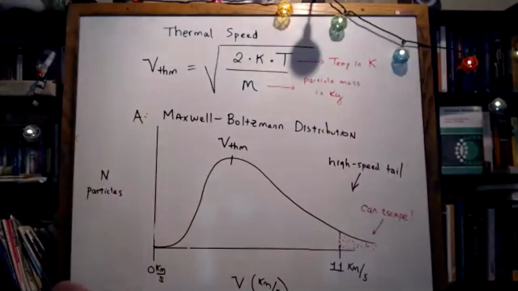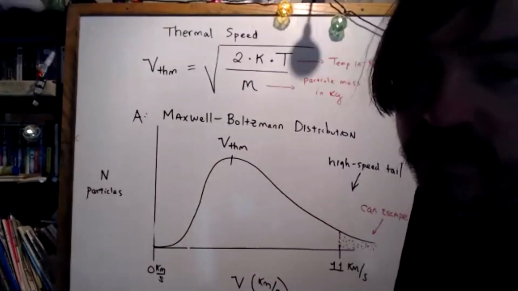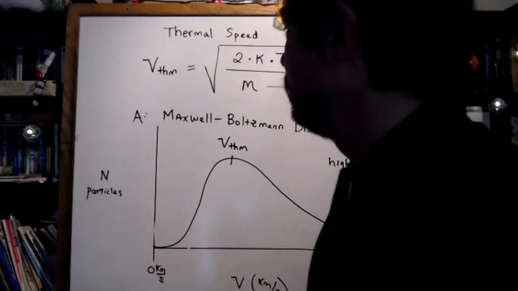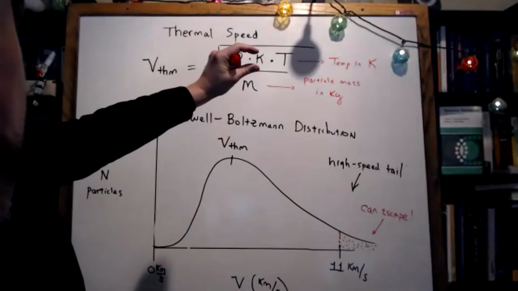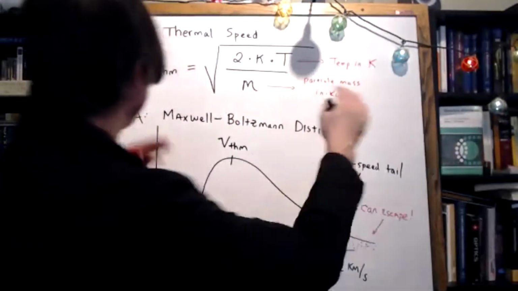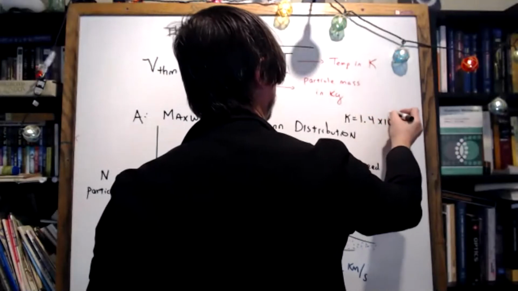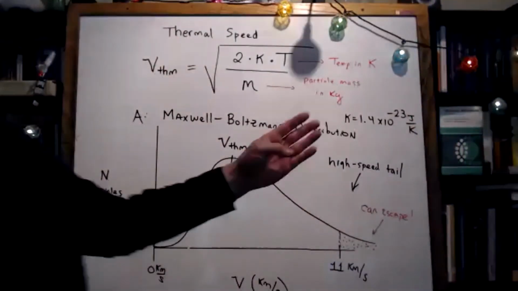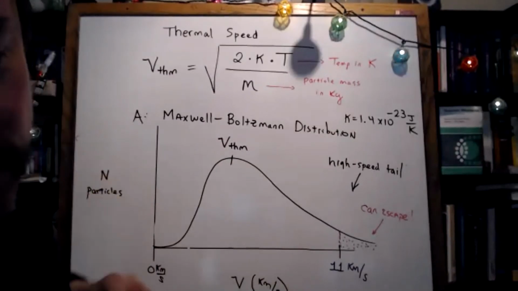Do you guys remember what little k is? Probably not, but what's k? It appeared in the ideal gas law as well. The Boltzmann constant. Hey, Noah. Nicely done, sir. You got a future in science. The Boltzmann constant is a constant of nature that shows up anytime gas particles are involved. It's in the ideal gas law. And I don't have a place to write it down, so I'm just going to write the value quickly. It's 1.4 times 10 to the minus 23rd joules per Kelvin. Luckily, Noah, although that number is annoying, it stays the same, so we never have to do anything else with it. That'll be right on your equation sheet, by the way.